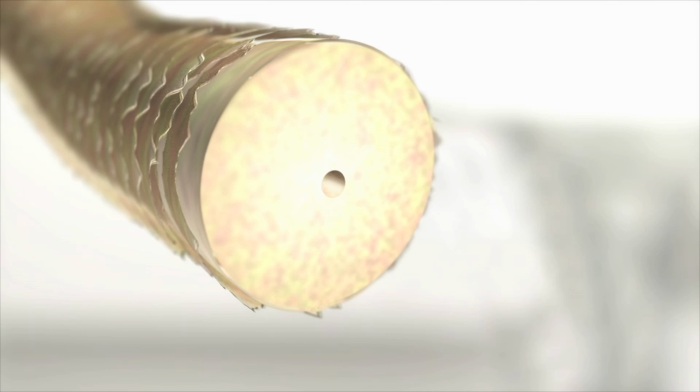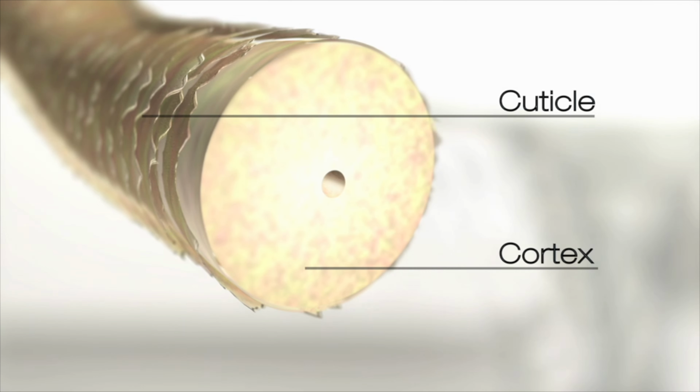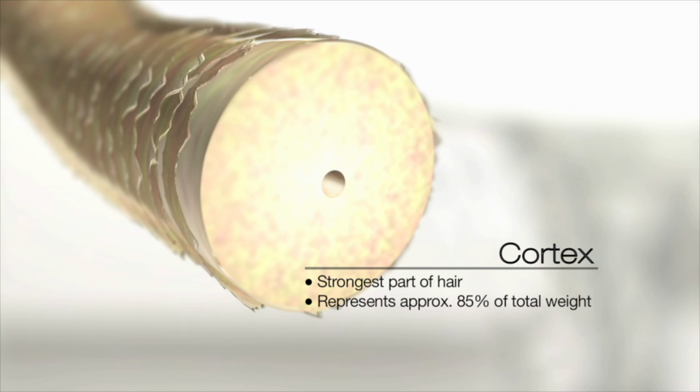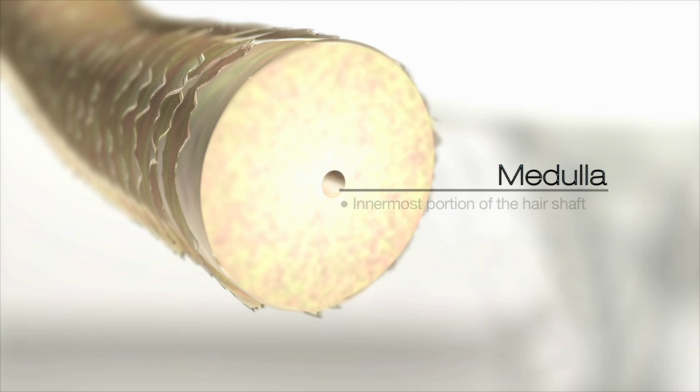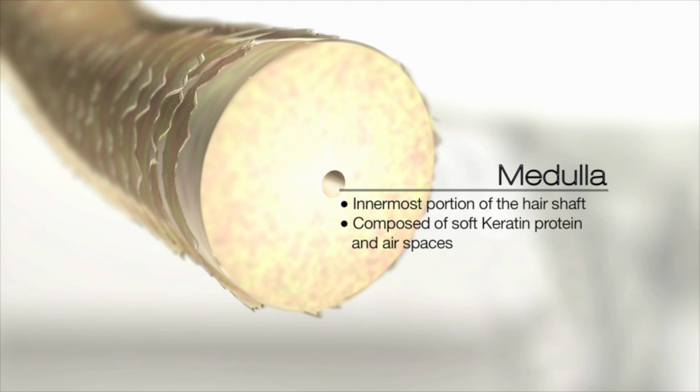So hair, it's made of cuticle, cortex and medulla. Cuticle is the outside part of the hair. The job of the cuticle is to protect the hair from the damage. Okay, so the cortex, where is the place that made of protein? The cortex is the place whenever we are coloring the hair or treating the hair. We can call it like the inner part of the hair. And the medulla, it's just like in the middle, very thin line, empty place, and it's not important in our